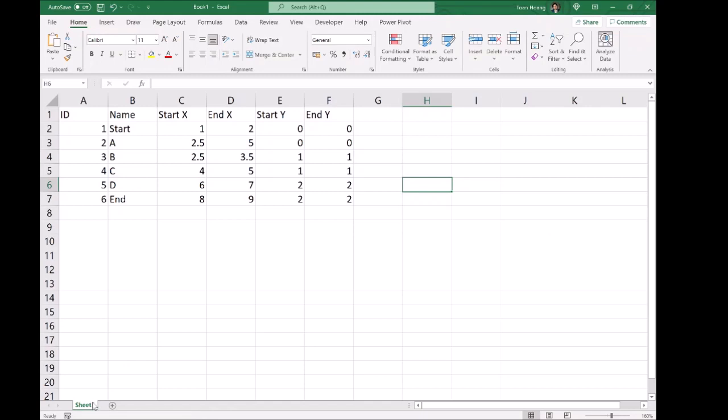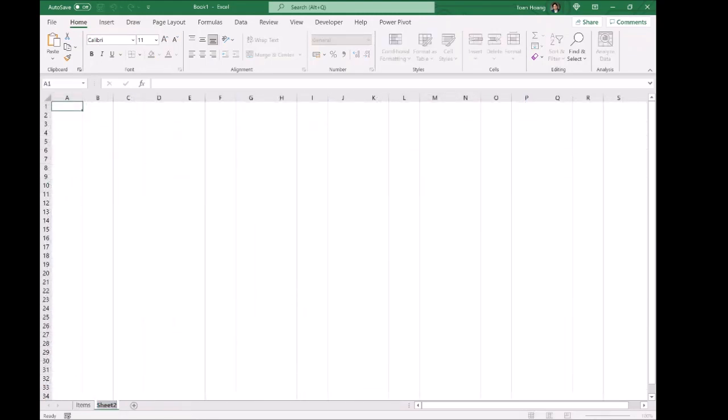Now I'm going to rename this as items. So these will be our items that we're going to bring into Tableau. We're going to say this is where it starts, this is where it finishes, draw the line, here's the name in theory. What I want us to do is add a new tab,